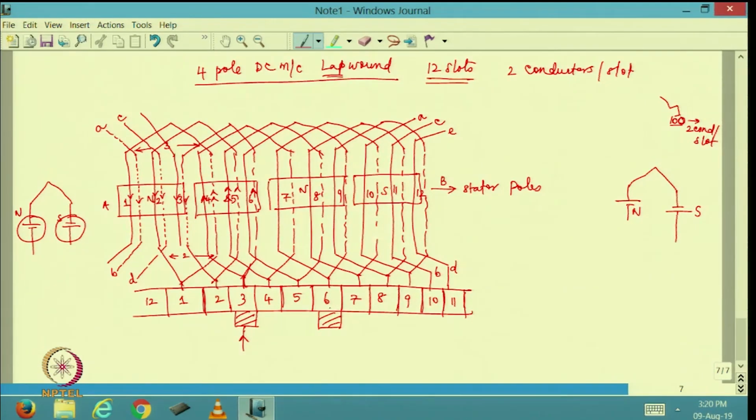Let me see how the currents are here. This is North Pole. So I am going to have all the current in downward direction. So if I look at this, this is connected to conductor number 9, backward conductor. This is connected to conductor number 7. Both of them are carrying current in the downward direction. This is carrying the current in the upward direction. So by just extension, I should be able to draw a brush here and one more brush here. This is how it is connected.